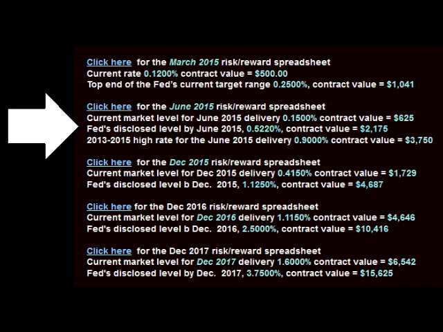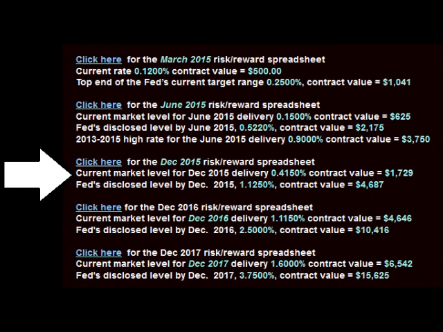If the June contract goes to its 2013 through 2015 high for this rate of 0.900, the contract value will increase from the current $625 to $3,750. December 15 is currently trading at 0.4150, contract value $1,729. Should this move up to the Fed's disclosed level by the end of December 2015 of 1.1250, the contract value will increase to